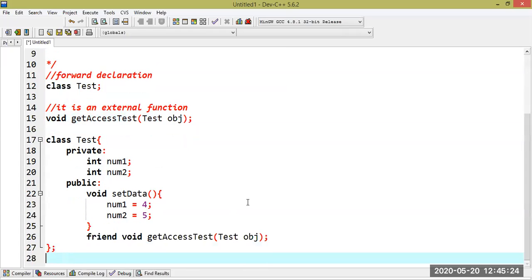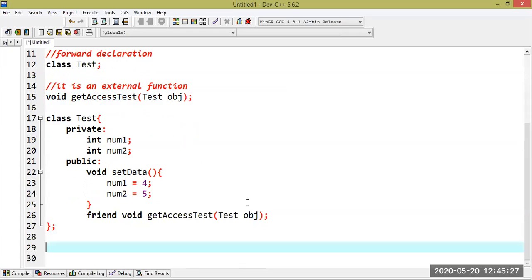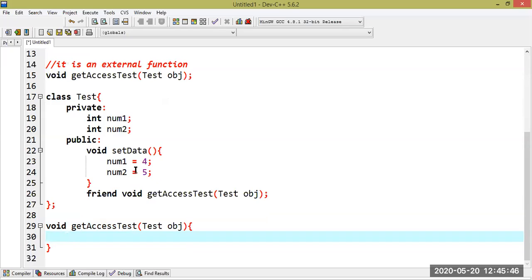Okay. Now let's define this function outside of the class, because it is not a member function. Void getAccessTest, and we pass an object of that class, Test obj. Let's see how we can print the values 4 and 5 from this function. We use cout with the insertion operator, then the object name, dot, and the private data member that we want to access.